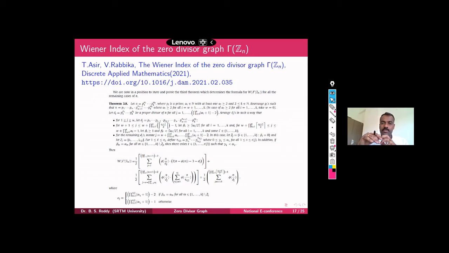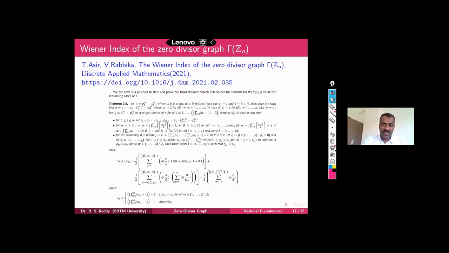Okay, but still for the compressed zero divisor graph, it is remaining, only for p power n it is calculated so far. Recent papers also I have seen, but I didn't find anything after that. Okay, one can try a product of powers of 2 primes and see whether you can calculate it.